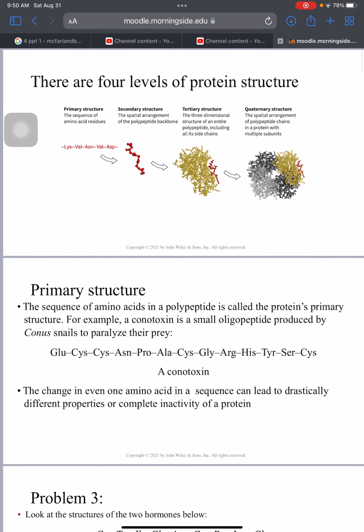Hey everybody, I am back and I am here to record part two, the second video to chapter four. This one's going to focus on proteins themselves. Last time we talked more about the building blocks of proteins. We talked about amino acids and looked at their features and structure very carefully. And now we're going to look a little bit more at